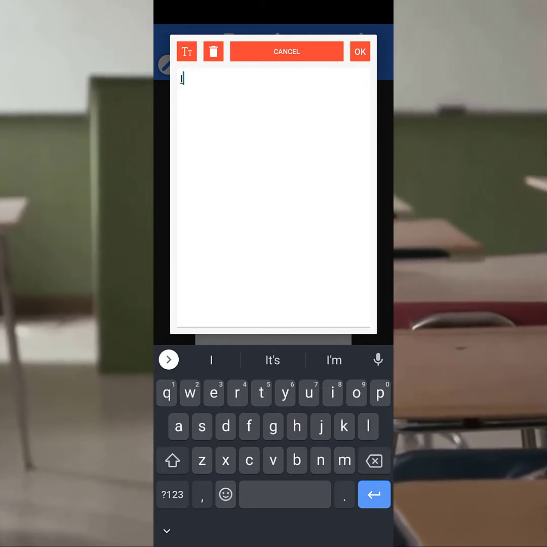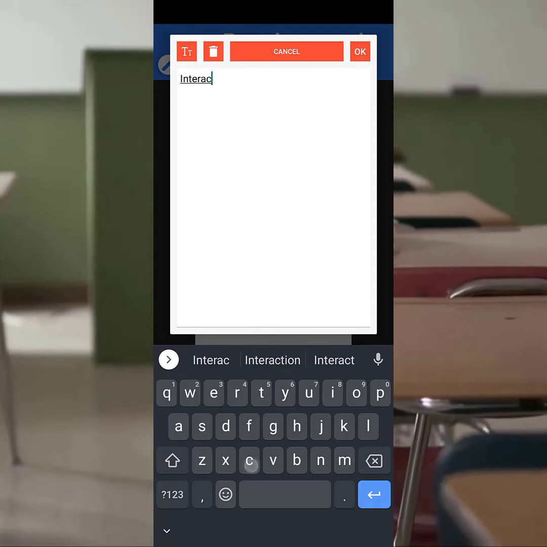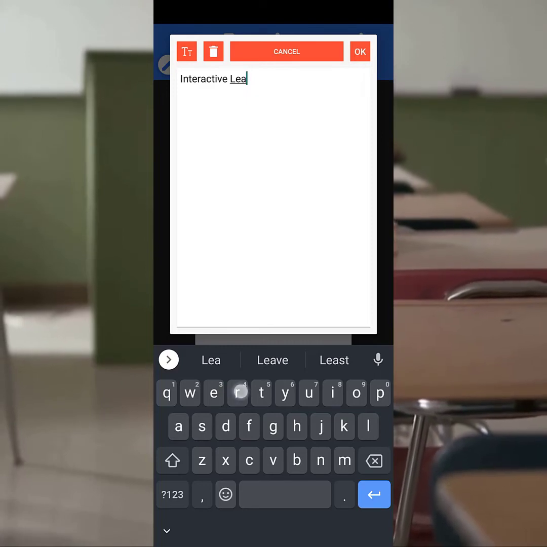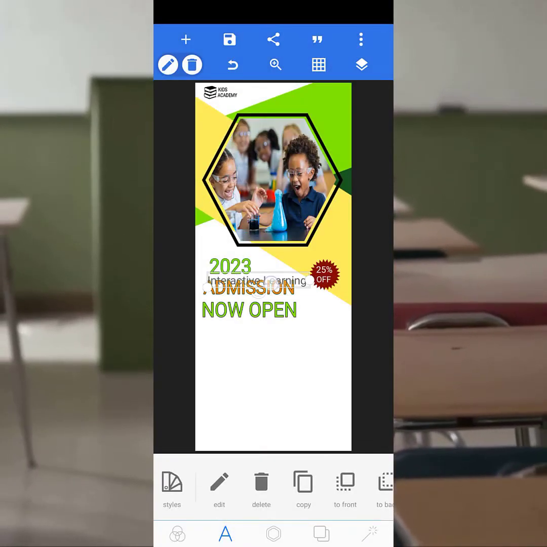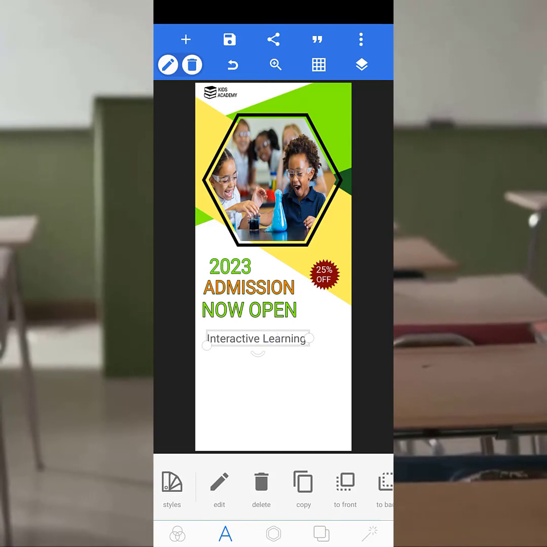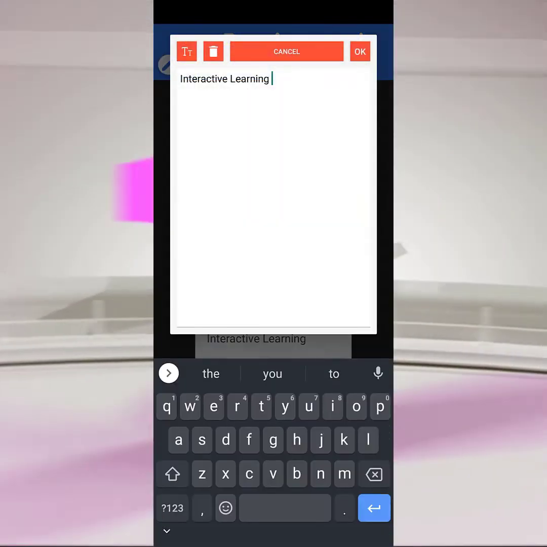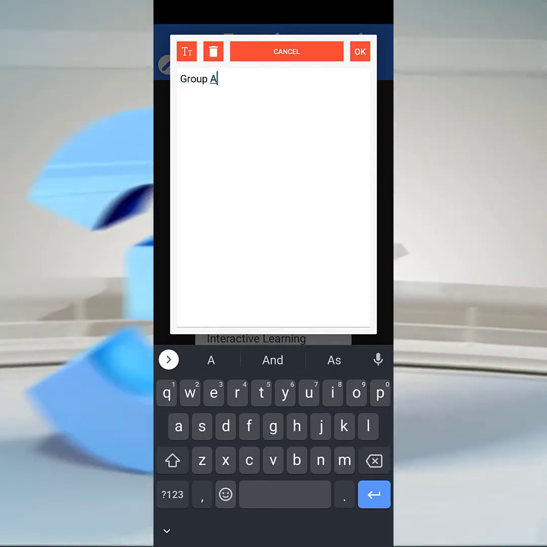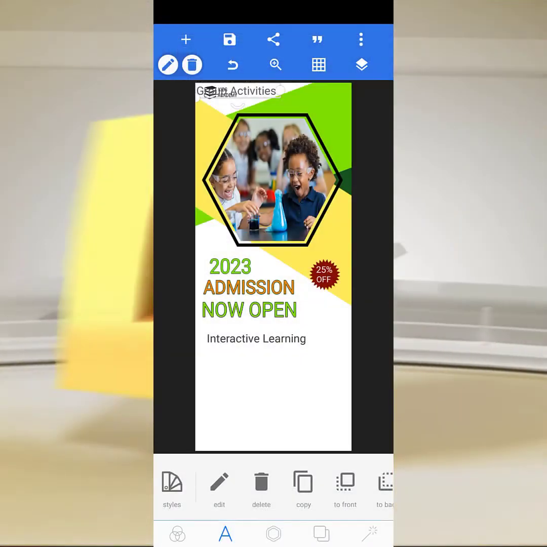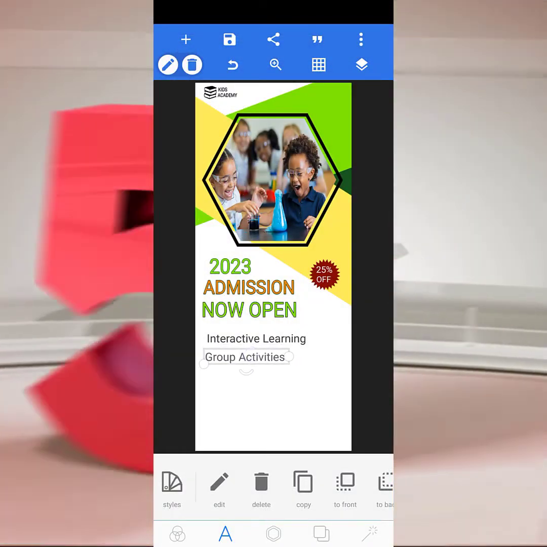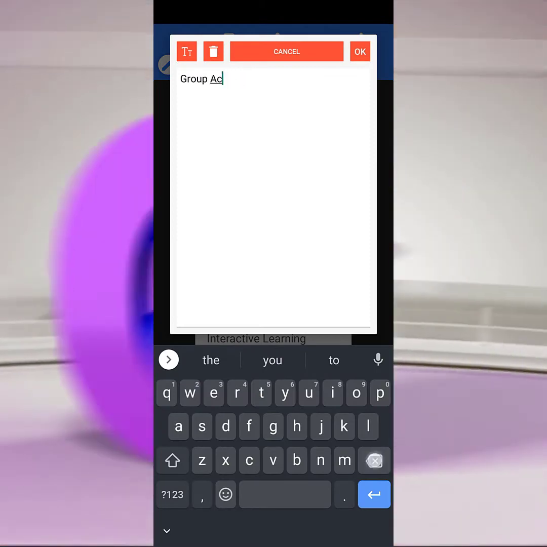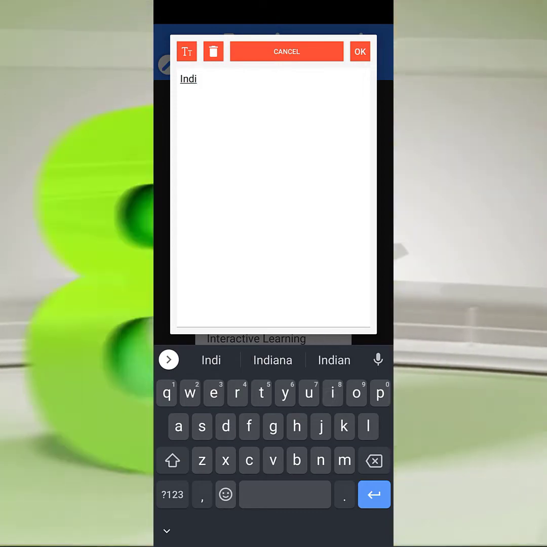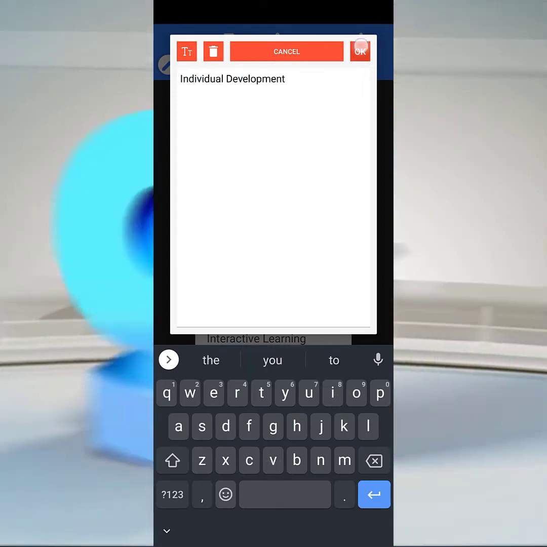Interactive learning. Okay, placing that there. Copy, edit, group activities. Okay, move it down. Copy, edit, individual development. Okay,